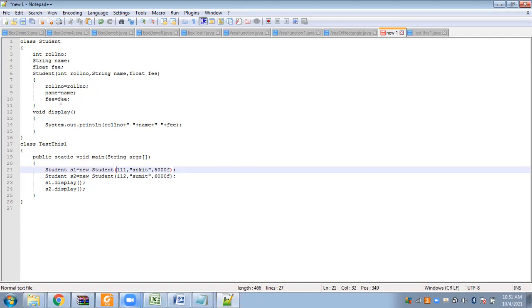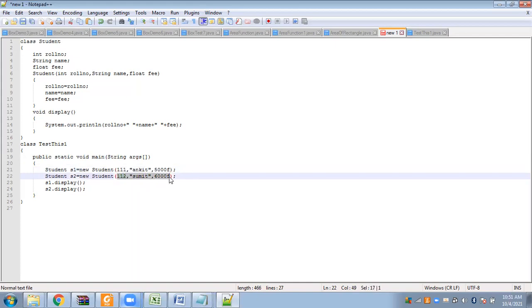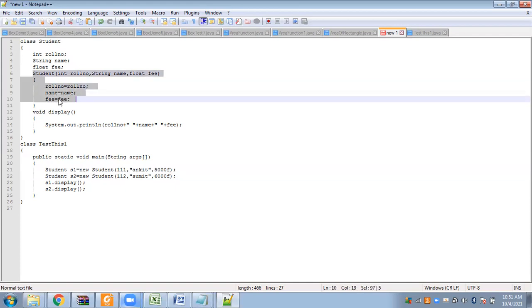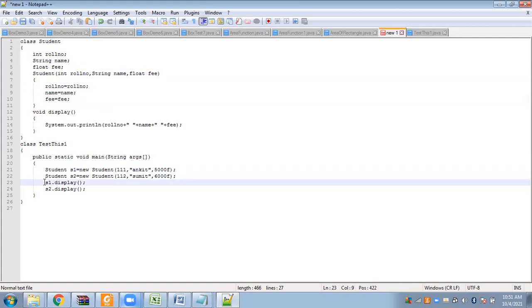Because we are passing values to the constructor as soon as the object is created, for both the objects, as you can see, these values will be passed to this constructor, and accordingly they will be initialized. And then we are calling the display method for both S1 and S2. Clear? Understood the program? It is very simple.